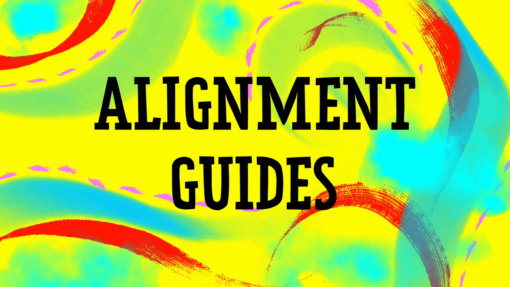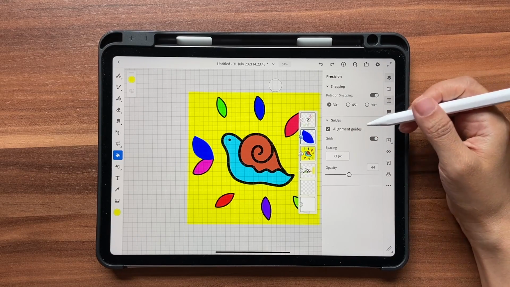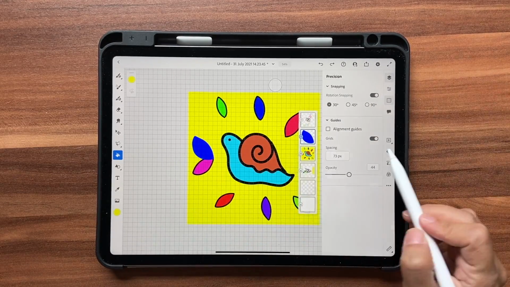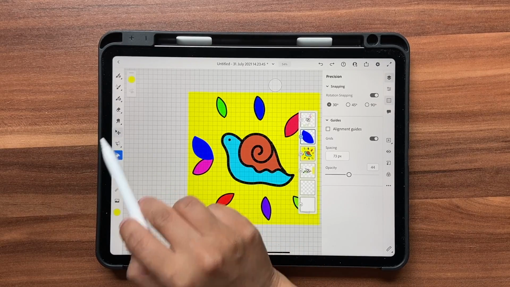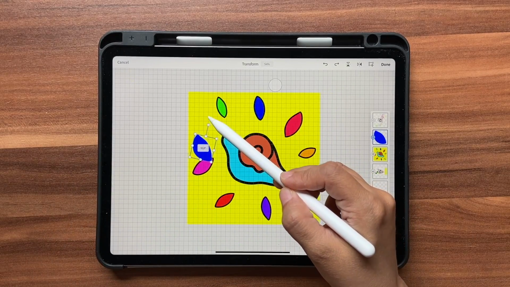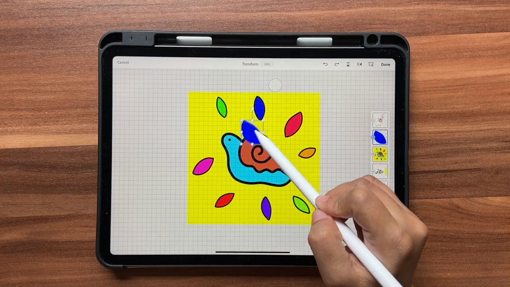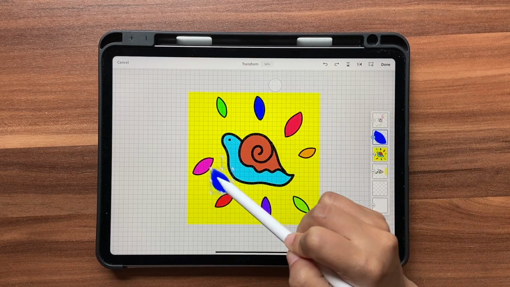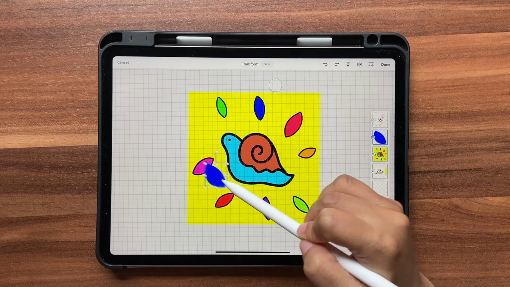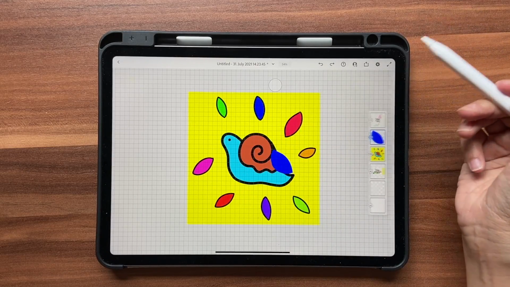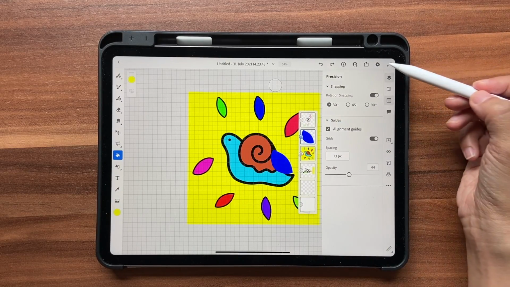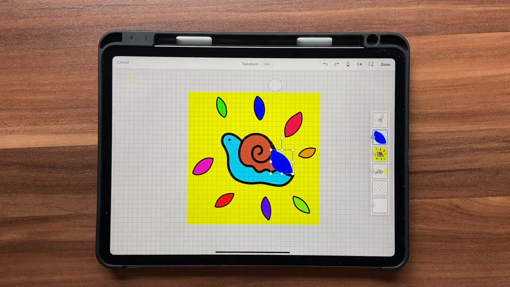Now let's talk about the alignment guides. What are these alignment guides? So let me just turn this off for now. Okay, so let's go to the transform tool, and now if I try to move, you see that I can move anywhere, and I don't see any guide to help me, like where's the center of the artwork, right? But if you turn the alignment guides on, and now if you use the transform tool and